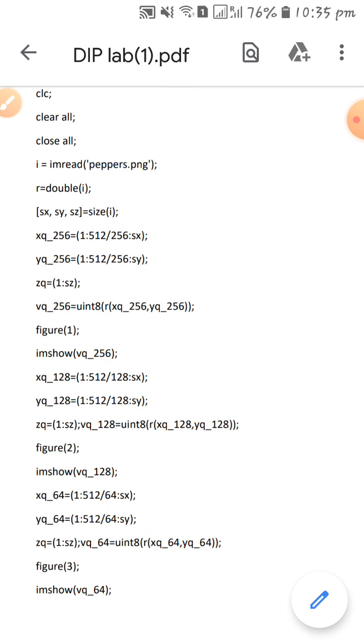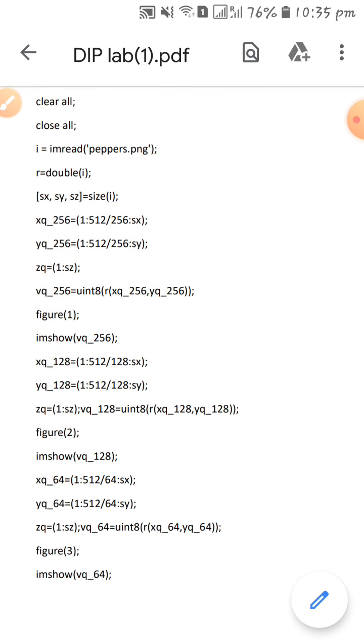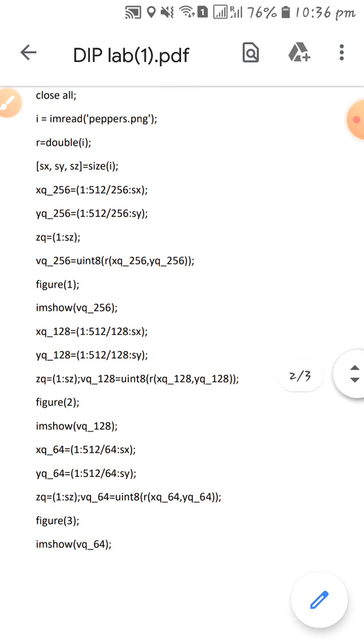Peppers.png is a pre-loaded image which is available in the MATLAB software, and then we are converting the image to double type. In MATLAB, file formatting is very important. What we are trying to do is read an RGB image. RGB stands for red, green and blue channel. So we are reading a color image and then converting it into double.